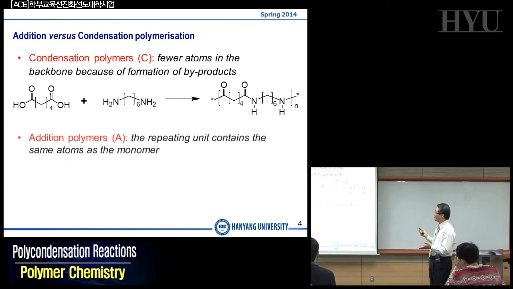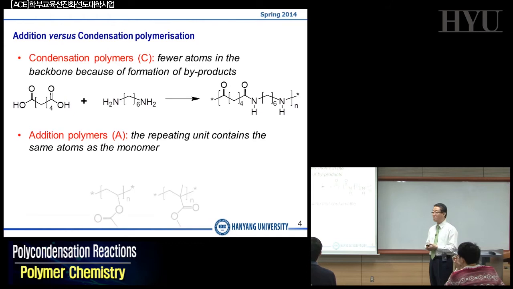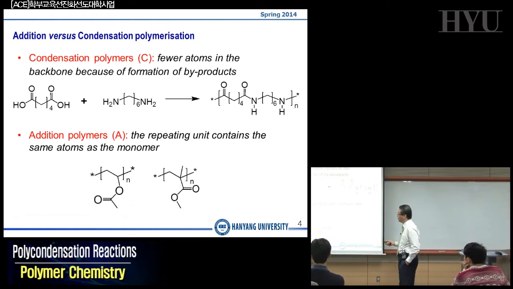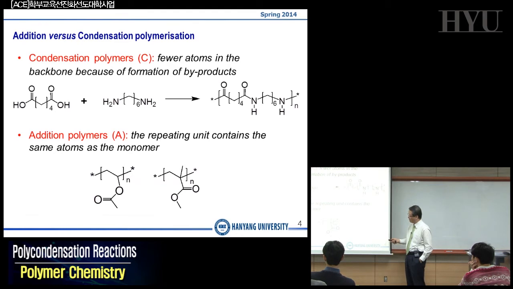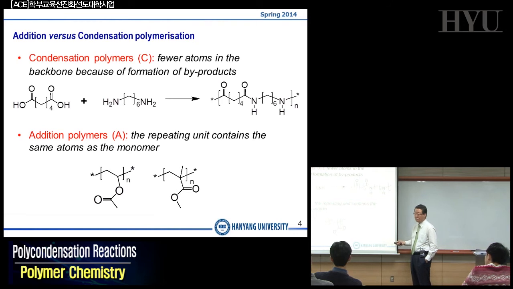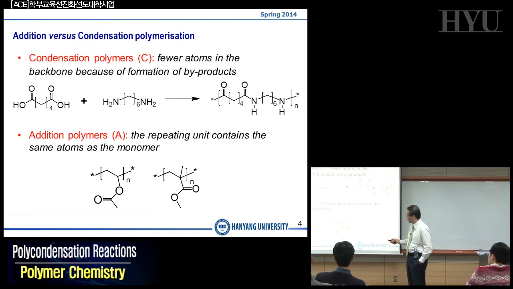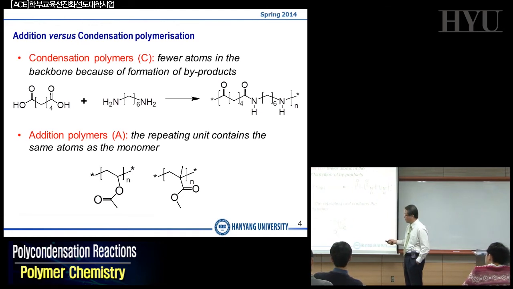Okay? If you don't have any byproduct, we call it addition polymerization reactions. Just like in the case of vinyl polymerization reactions. Now, you have a methyl group here, okay, and you have a carboxylic acid. So you can say that you have a methyl group here, and you have a methyl group. We call this polymethyl methacrylate. Okay? We have a similar structure here, but you do not have any methyl group. You have a hydrogen here, okay? And you have a methyl group here. We call this a